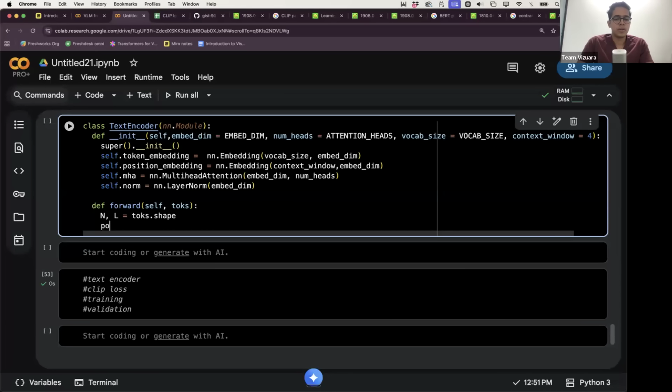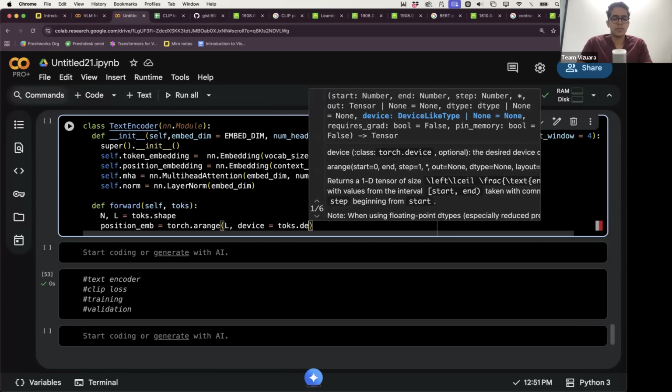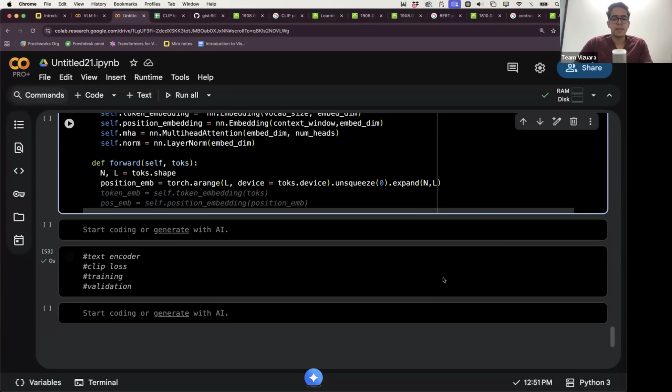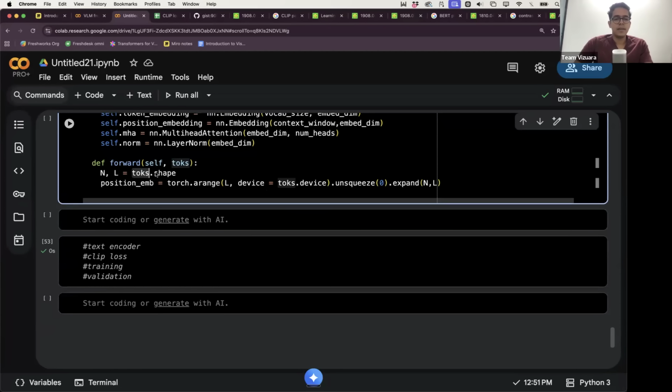So position embedding equal to torch dot arange of L comma device equal to tokens.device, whatever device was used while creating the tokens, and dot unsqueeze of 0 to create an extra dimension, the 0th dimension, and then dot expand n comma L. And then we need position embedding to be added somewhere, plus